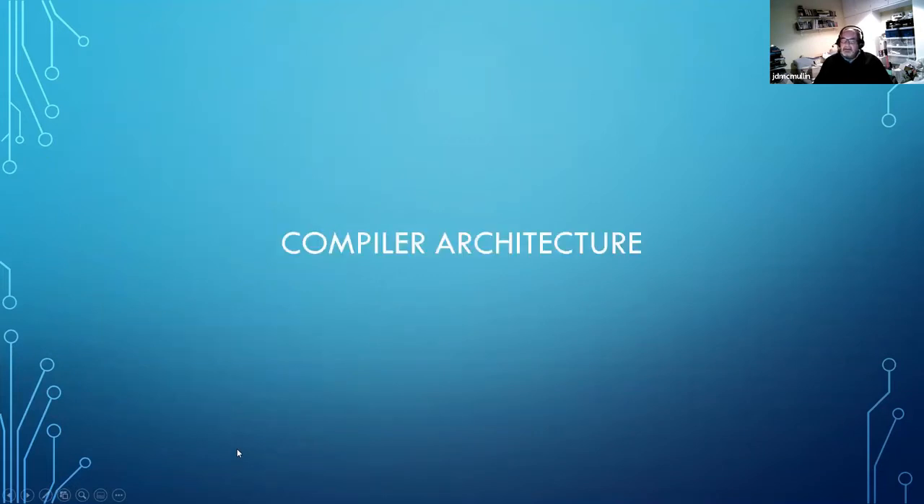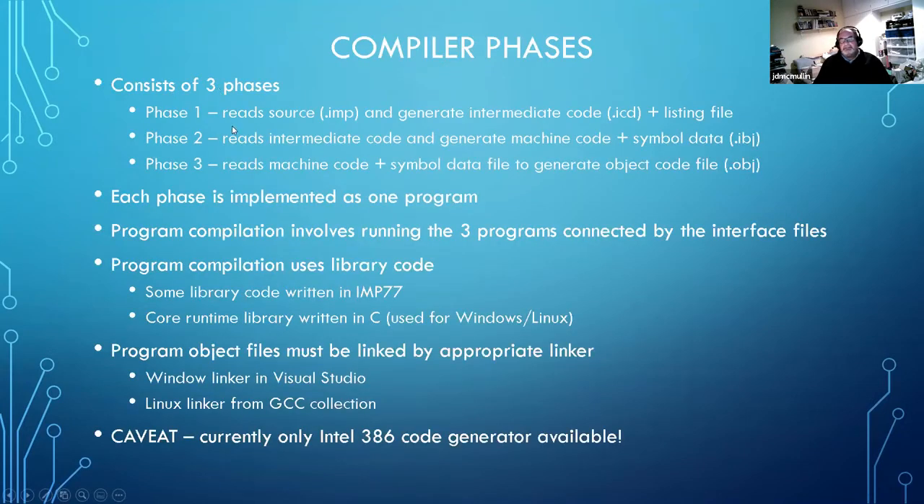Right. Having gone through a very quick overview of the language, I'll go and talk about how the compiler's architected. The compiler has 3 phases. Phase 1 reads the IMP source and generates an intermediate code form with also a listing file. Phase 2 reads that intermediate code that's just been generated and generates the machine code and some various symbolic data, the IBJ file. And phase 3 reads that